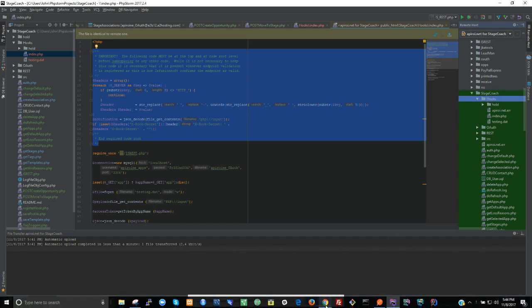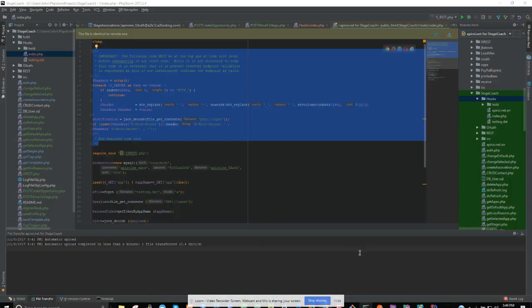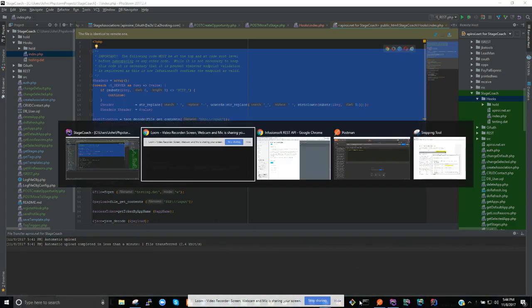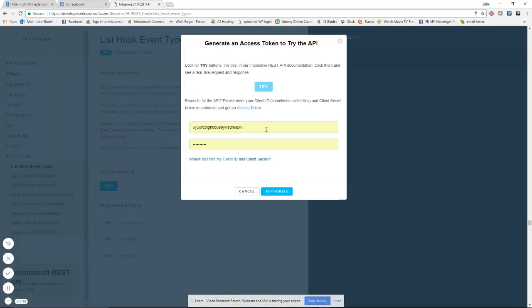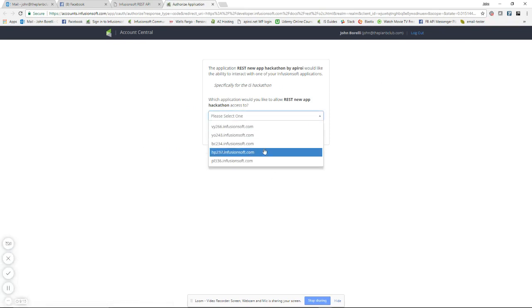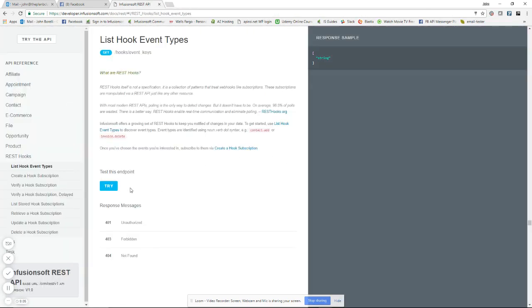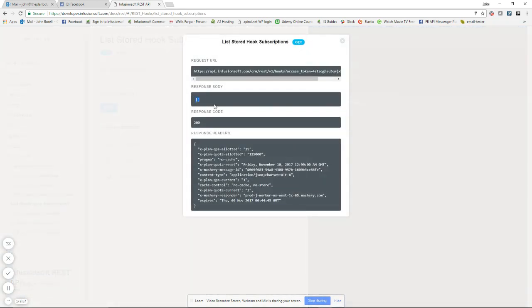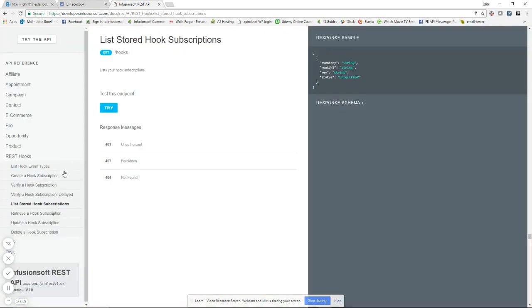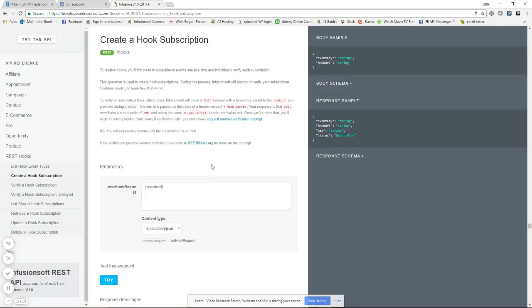And that translates to the activity of, as soon as I get there, what I do here, I first go into the Infusionsoft interactive REST documents, and what I will do is I'll take a sandbox app here, and let's say I allow. And first thing I'm going to do is look to see if I already have any, just so I can remove them. If you can see here, I don't have any, so I'm going to create a hook subscription, and